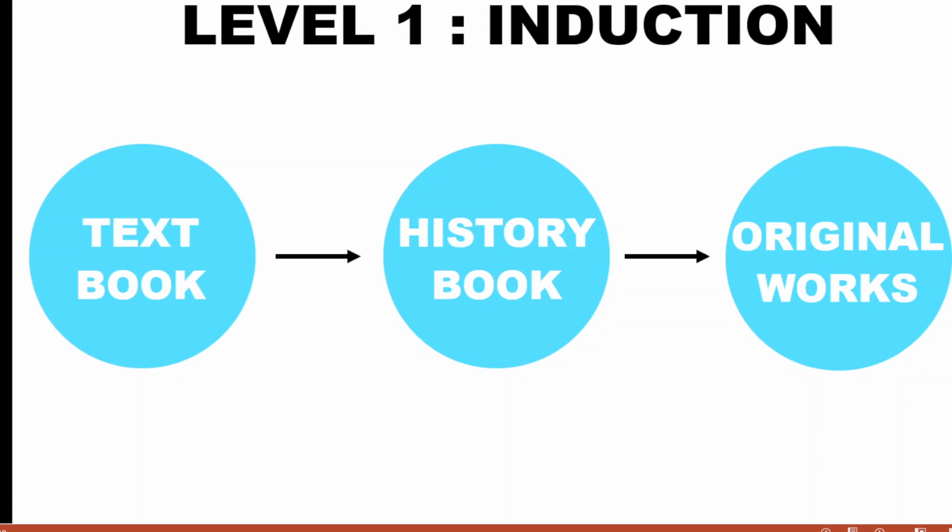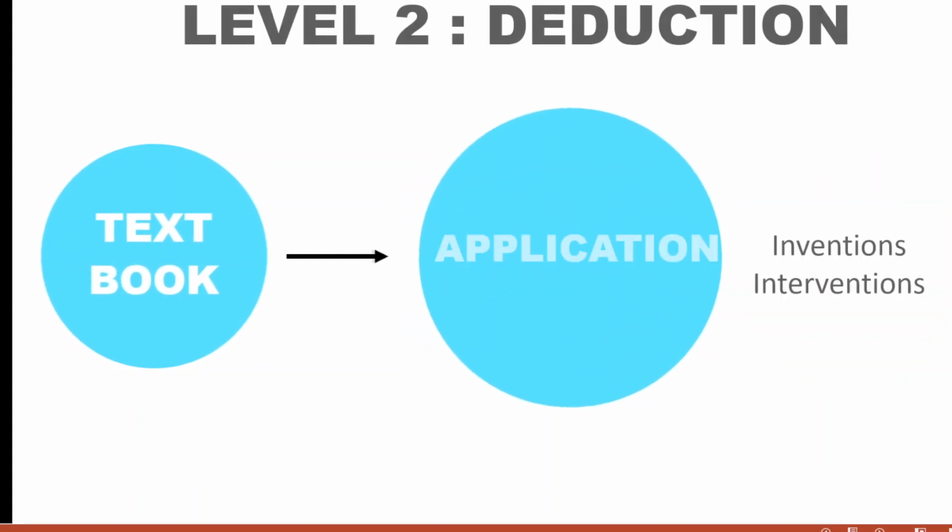Basically, you are reading these for depth. So a textbook gives you the least amount of information or depth. History books give you a little bit more. Original works definitely give you the essentials. Okay, now